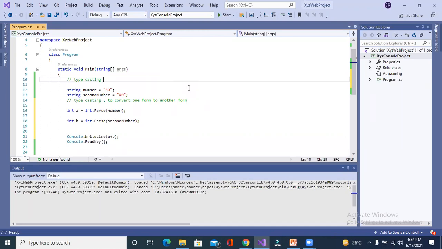What would be the result, Shiva? 70, sir. Why would it be 70? Can you explain the code? First of all, we gave the string values, and then we did typecasting, sir. Typecasting means it will convert from one form to another form, sir. Now it will be added, sir. Okay.